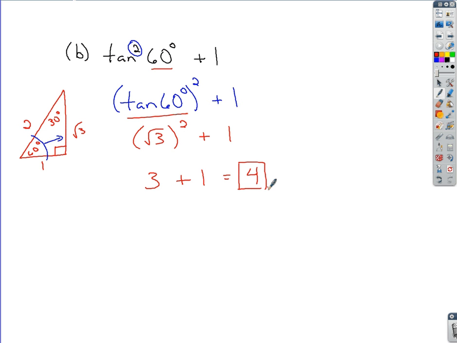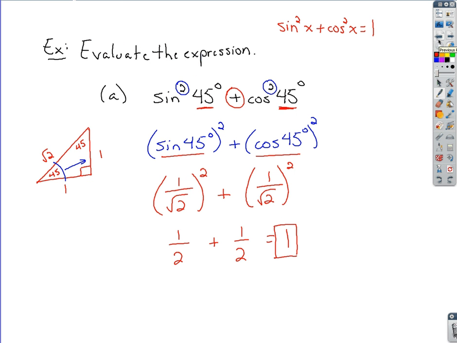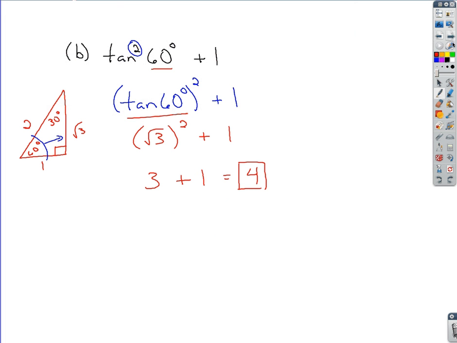Now, kind of like the last one, this was an identity. Those identities we talked about in the last unit, we had another one where it said tangent squared of x plus 1 equals secant squared of x, right? Now, I don't know how useful that one really is here to evaluate this, but if you try to make sense out of it,